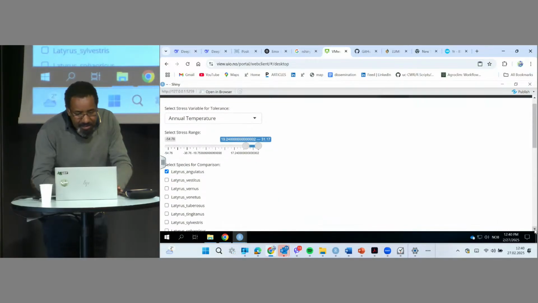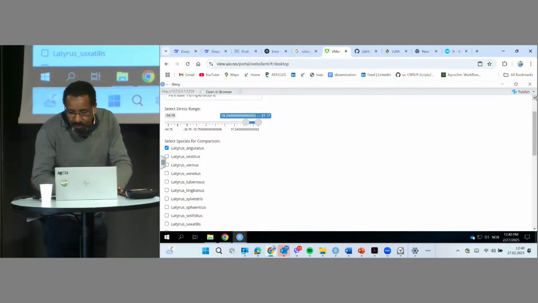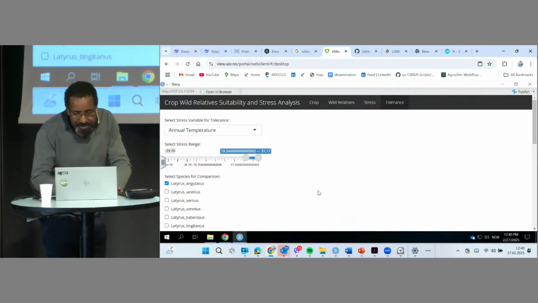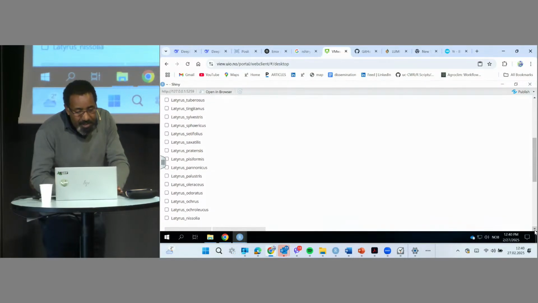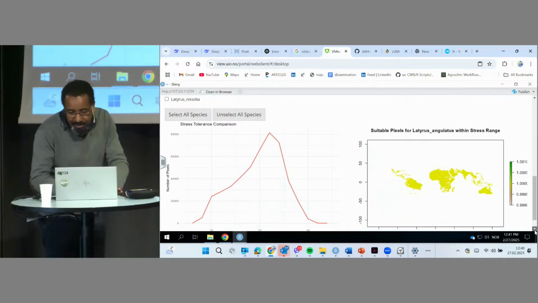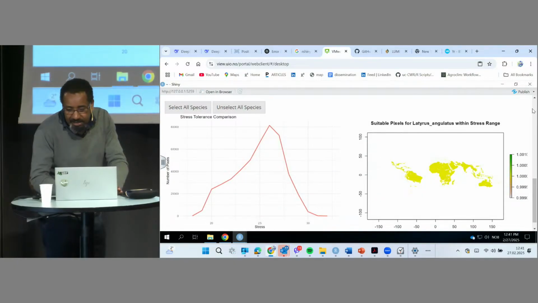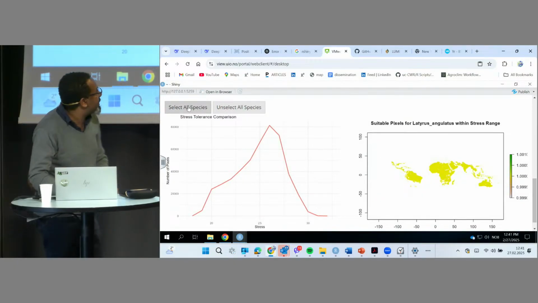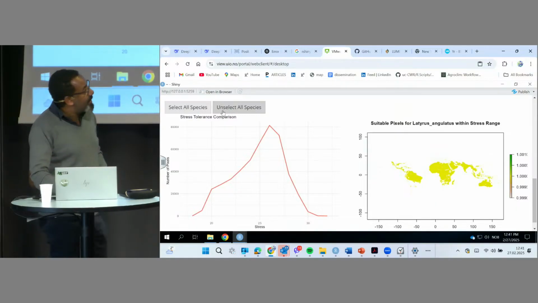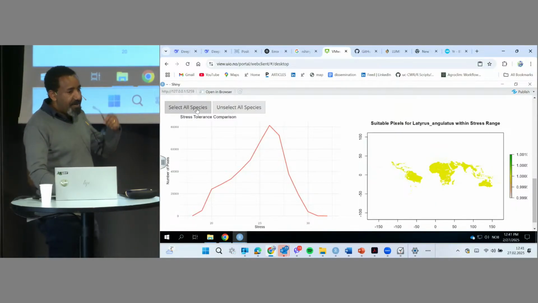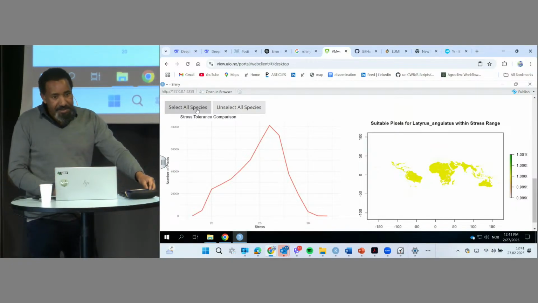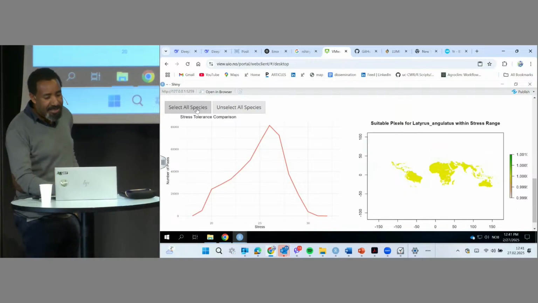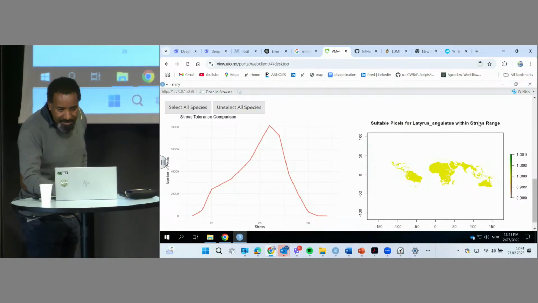Here in this menu you can see what range of environmental variables they are tolerating. Here we have the list of stresses and the list of crop wild relatives. You can just choose, and you can check in which range these are growing. You can also select all the wild relatives and compare the range of tolerance. So it doesn't only make comparison at species level, it can also make comparison at the population level. So which population should I consider, and so on.